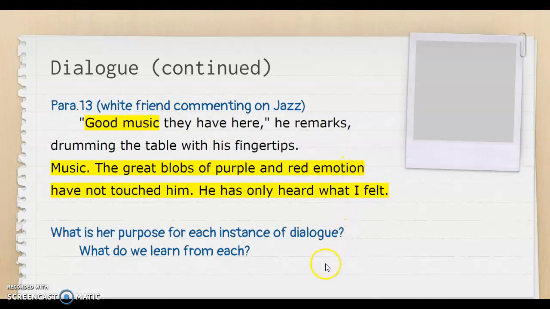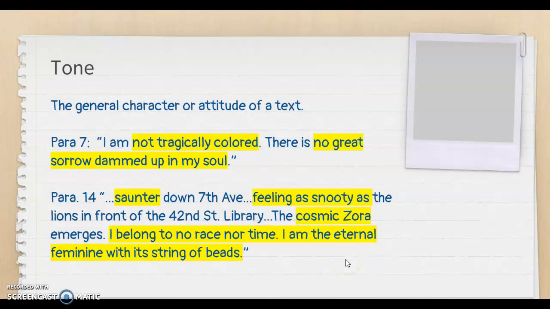And so when you encounter dialogue in a personal essay, it's important to look at, well, what is the purpose? And then we look at tone. Tone is the general character attitude of a text. You have to look at the adjectives that she uses and adverbs. She says, I am not tragically colored. No great sorrow dammed up in my soul. These are words that look at sadness and depressing ideas, but she doesn't have them. She talks about sauntering, feeling snooty, the cosmic Zora, rising above. And so you look